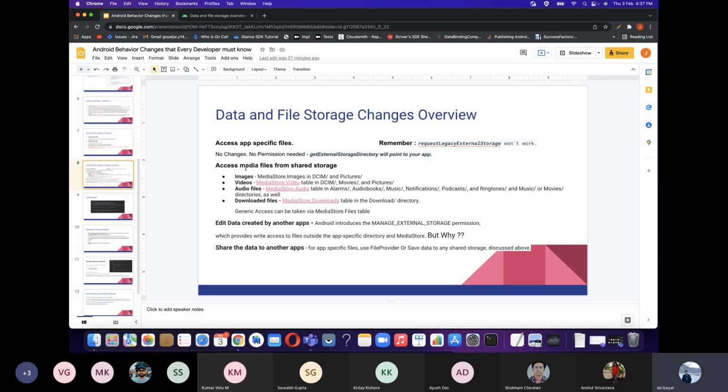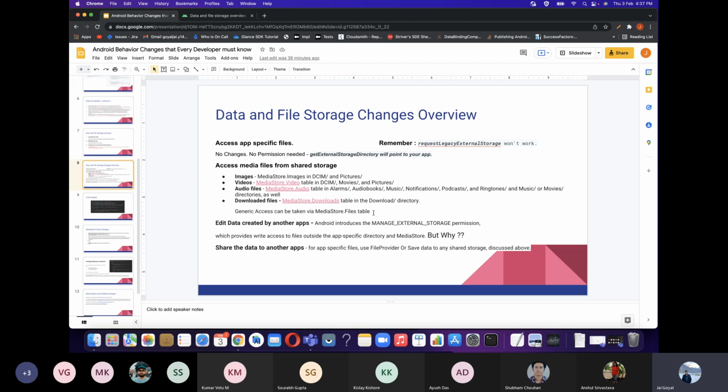So now the shared storage part is also done. Now many of you will have a question: but I want some data from another app. What can I do? How can I read or write the files created by other apps? For that, Android has introduced a permission named manage external storage. Although Google encourages us to not use this. Google says in their documentation that if your app wants